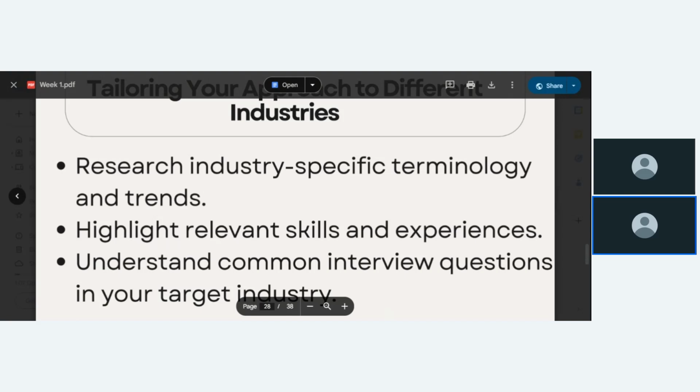Then we did some form of compromise. So you want to highlight your relevant skills in similar situations and experiences and how you were able to handle them. Because of course, if you've been able to do it before, it is believed that you are able to do it again if faced with such a situation.